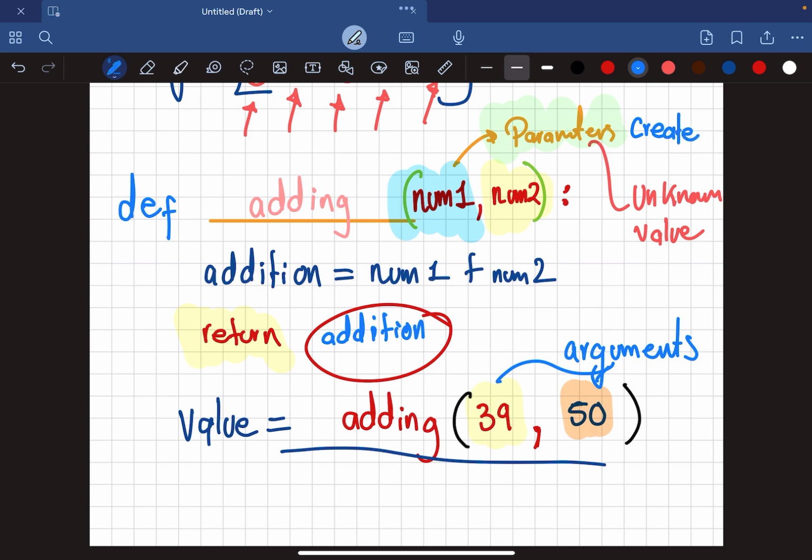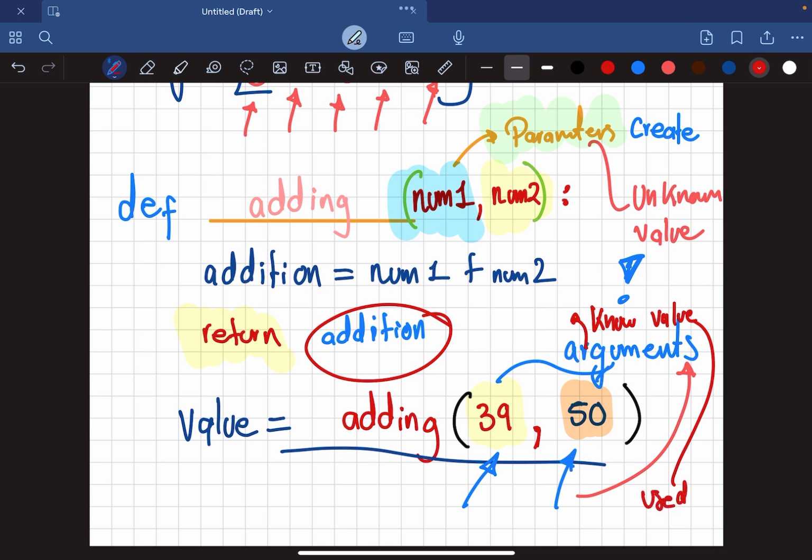When I'm going to call it and replace those values that are unknown with known values, in this case this and this one, they take the name of an argument, yeah? So basically, what is an argument? An argument is a known value that is used in the function,